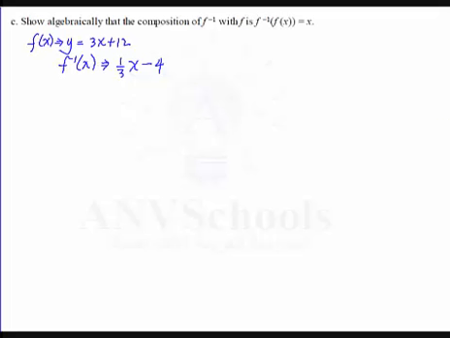So let's get f of f negative 1 of x, for instance. What is our f negative 1 of x? That would give us f of 1/3 x minus 4, right? So that's 1/3 x minus 4. And we're going to substitute this 1/3 x minus 4 into f of x. So that would give us 3 times 1/3 x minus 4